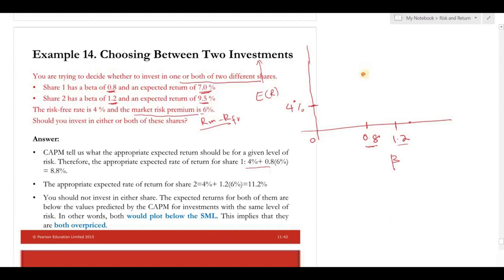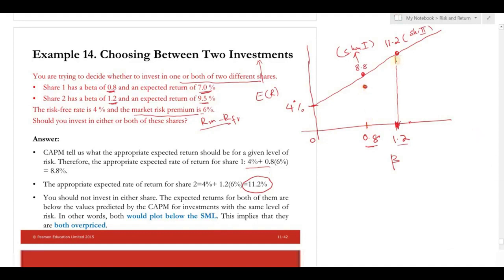Okay, so it should be 8.8%. And if the beta is 1.2, your expected return based on CAPM should be 11.2. So let's say 11.2 is somewhere here. At a given level of beta, let's say this is 11.2 for share 2 and this is for share 1. But actually the expected return of the first one is 7 here and the expected return of the second one is